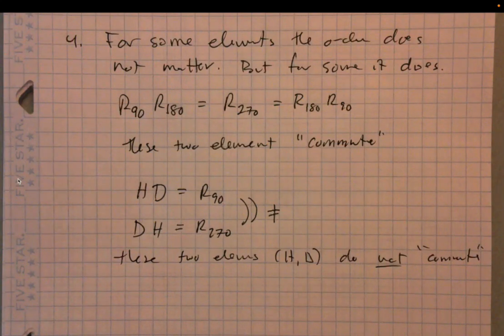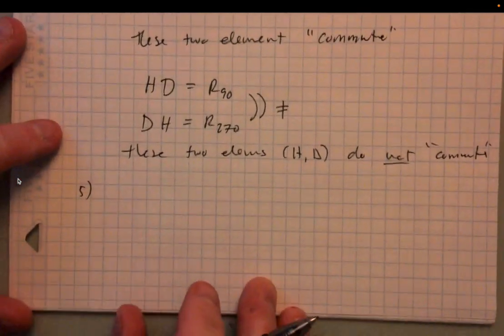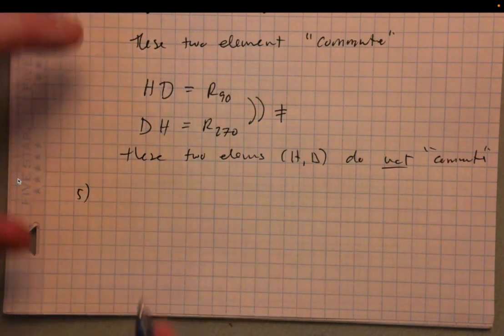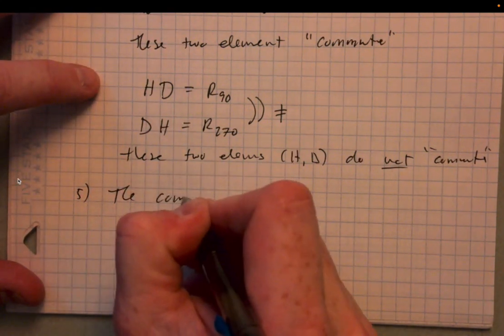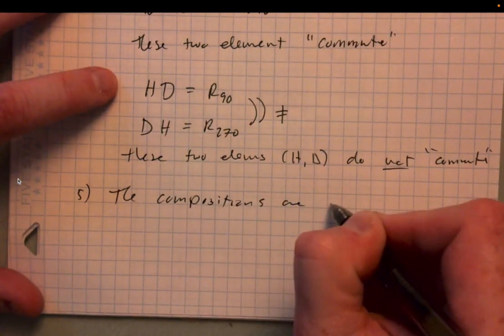Right, and so for the definition of a group, it is not necessary that every element commute, obviously, because this is a group where not every element commutes. Okay. And one additional thing that's interesting about this group is that the element compositions are actually associative. Okay, so the compositions for this group are associative,